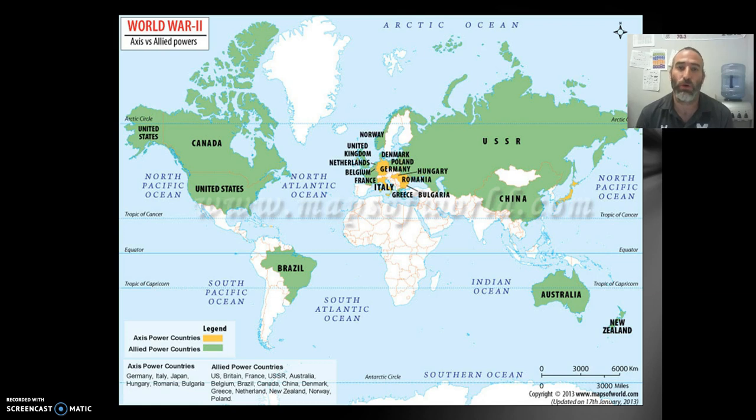It's definitely much more of a war of movement than in World War I. It's going to be a fast-moving war, and then once the United States enters and the USSR and the United Kingdom get their footing and start fighting back, it's a quick contraction of all of that power that the Axis powers gained.